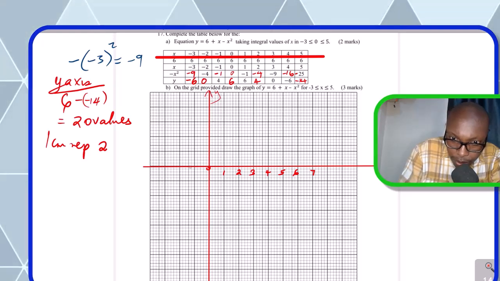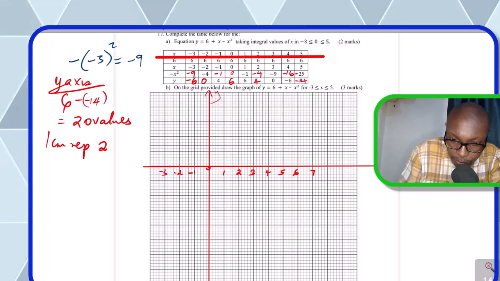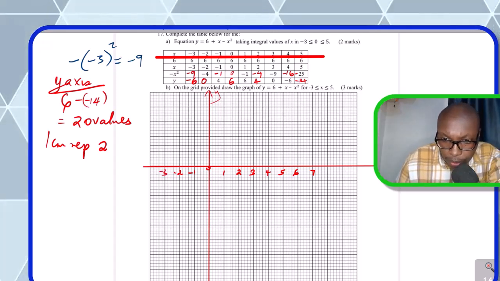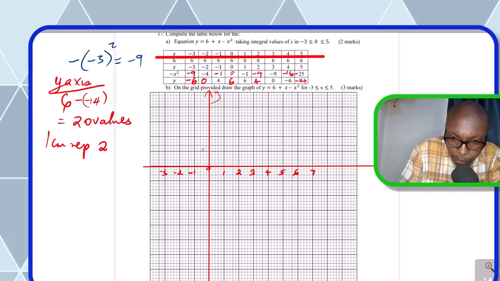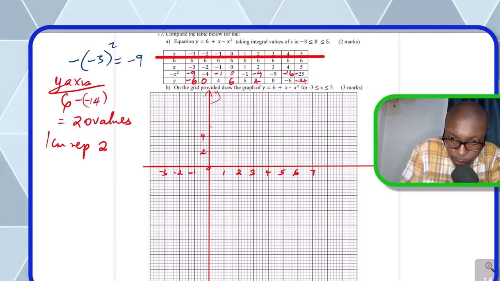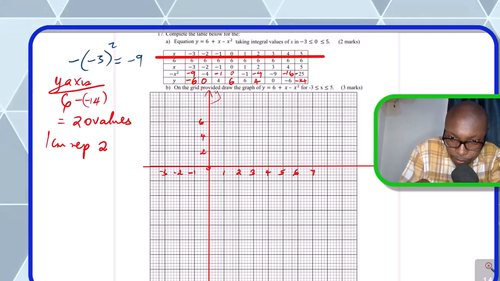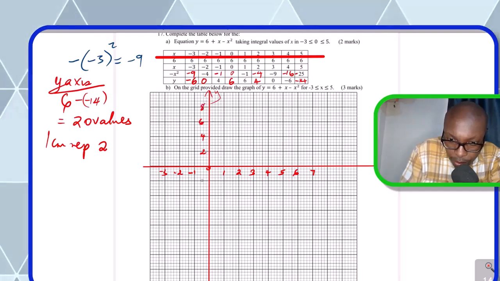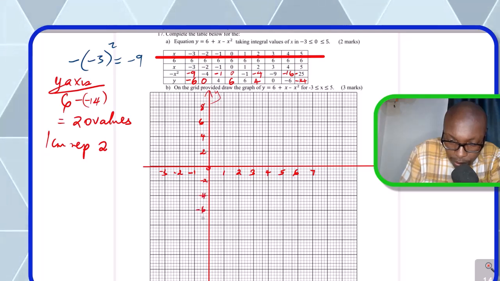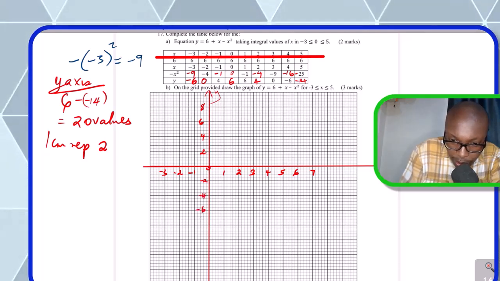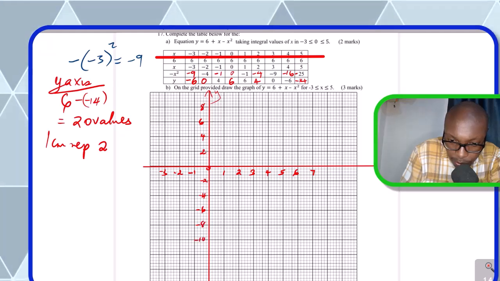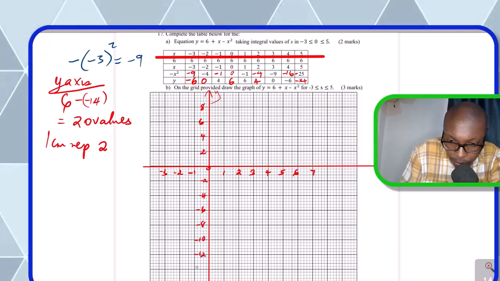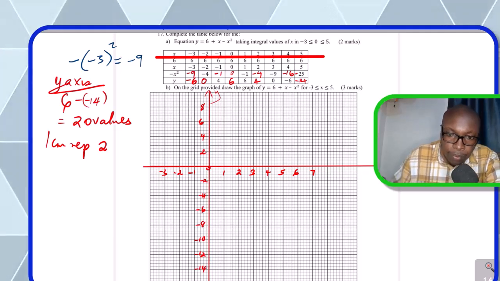And then we have negative 1, negative 2, negative 3. For the y-axis we have 2, 4, 6, 8. Then negative 2, negative 4, negative 6, since 1 centimeter represents 2 units, negative 8, negative 10, negative 12, negative 14. Now having that,